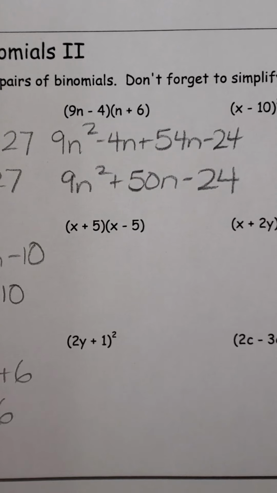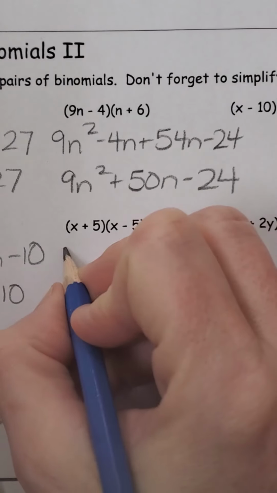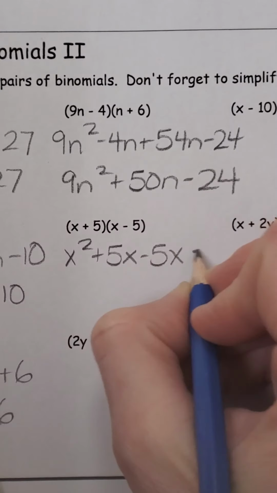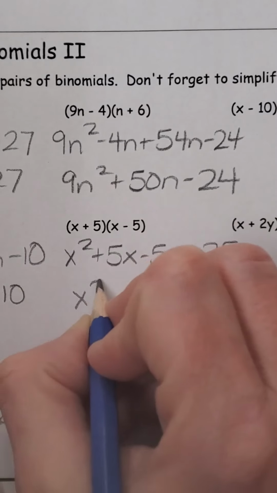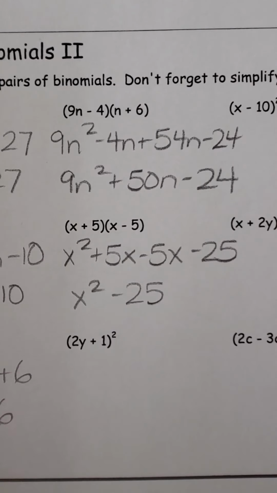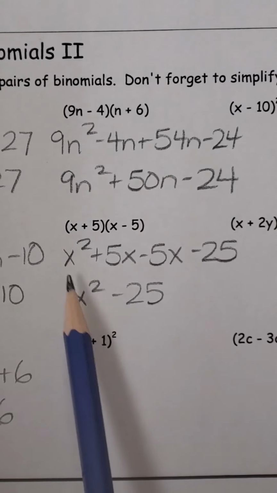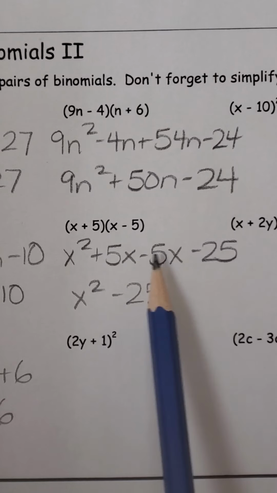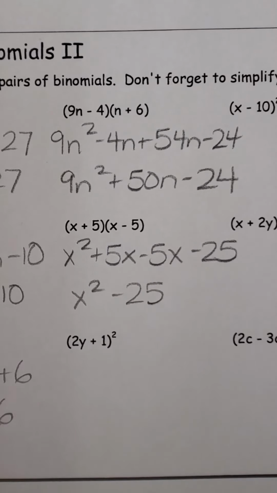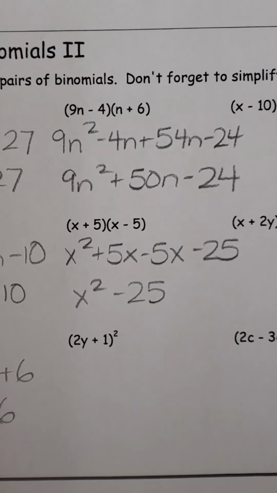and so we'll give you a little bit of time, and you can pause the video anytime and just keep going and then checking your answers. So x squared, and so here's our first one that ends up only having 2 terms. You can see we still do those 4 multiplications, but because we have a positive 5x and a negative 5x, when we simplify that, we end up with 0,